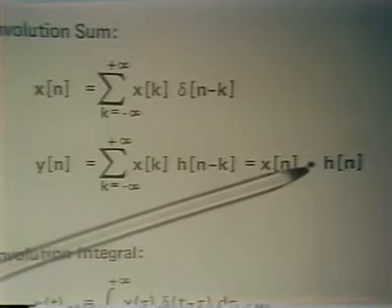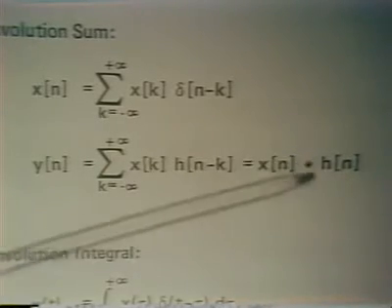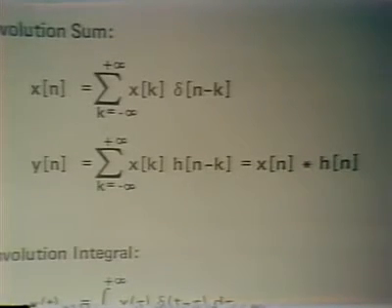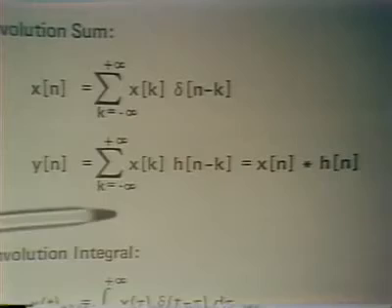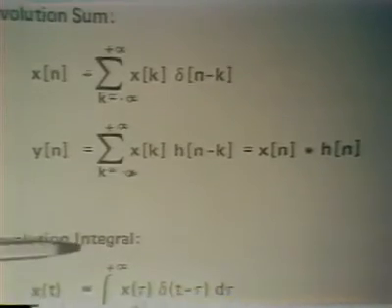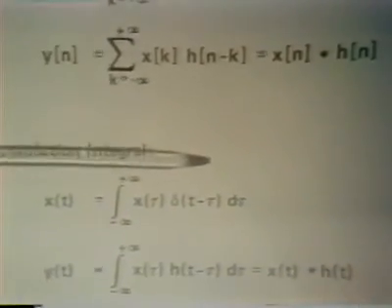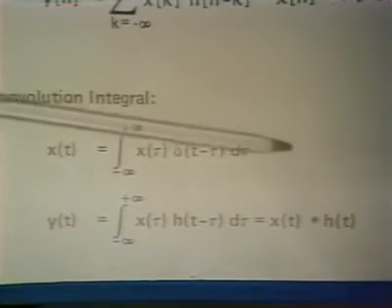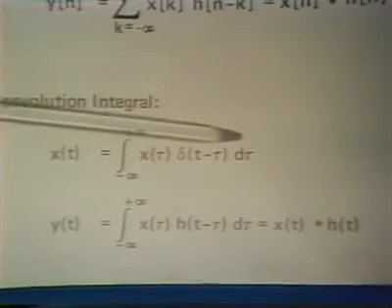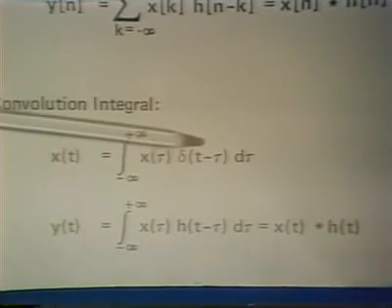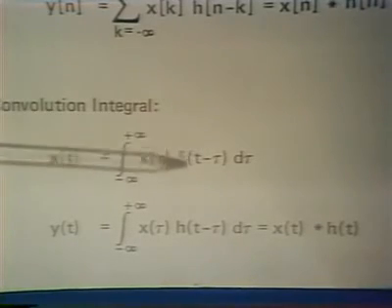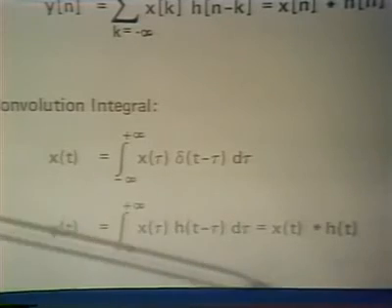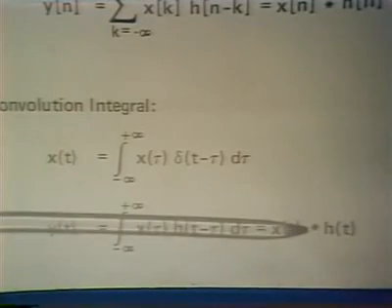And so x of n asterisk h of n denotes the convolution of x of n with h of n. Correspondingly, in the continuous time case, we have the convolution integral, which here is the sifting integral, as we talked about, representing x of t in terms of itself, or as a linear combination of delayed impulses. And here we have the convolution integral, and again, we'll use the asterisk